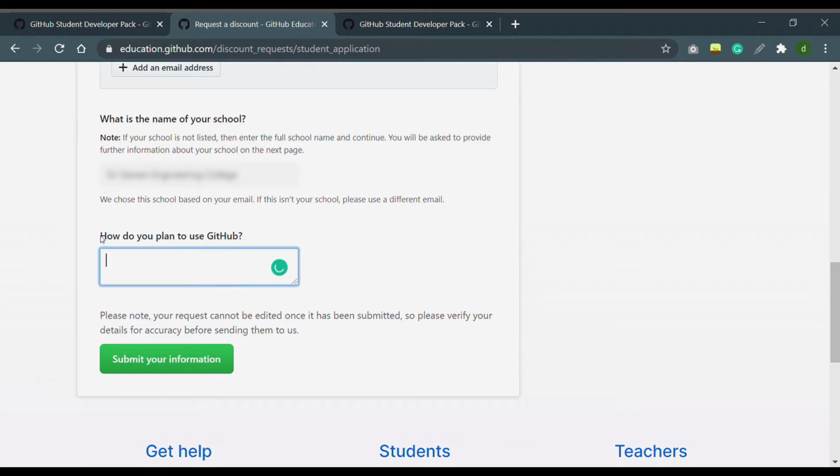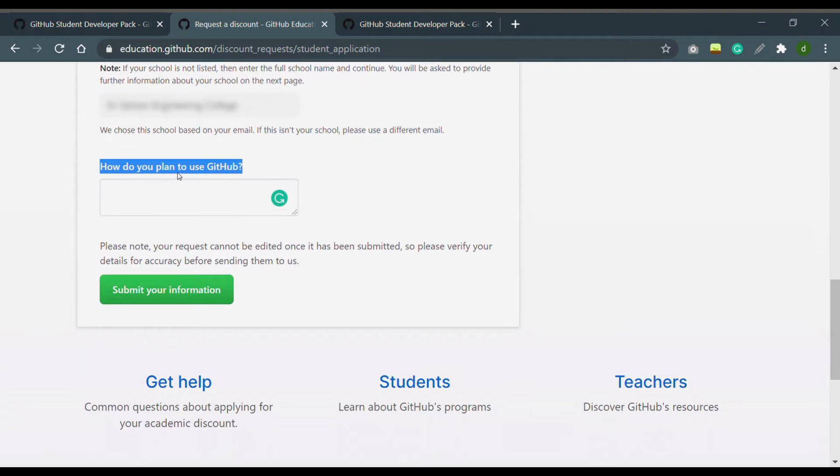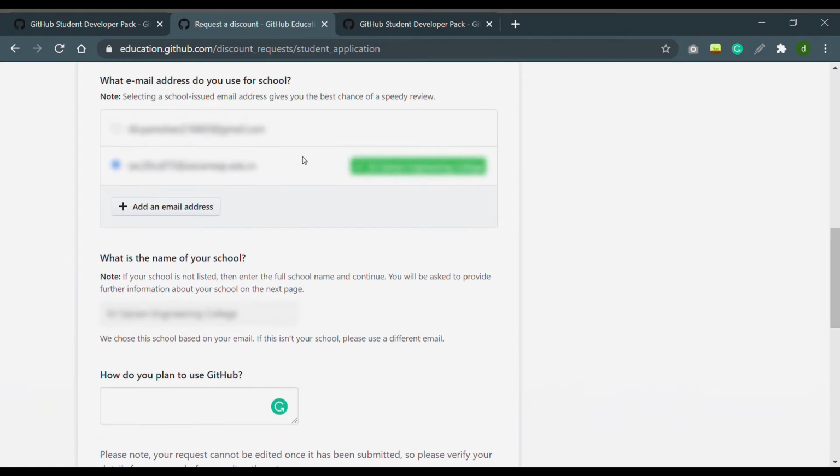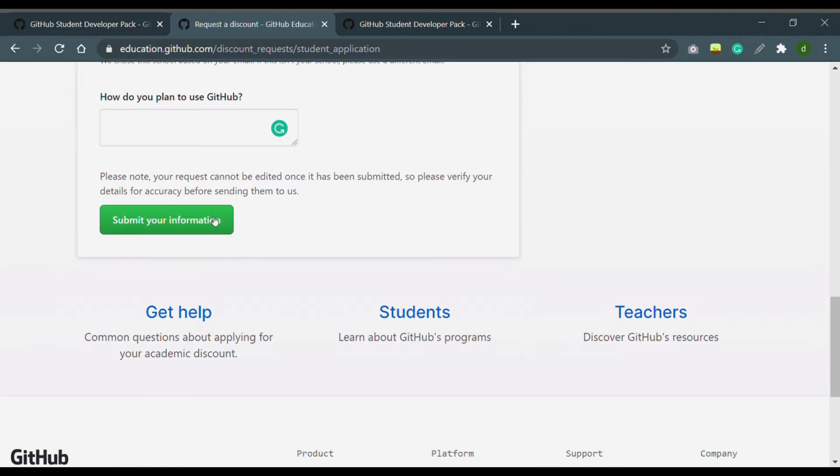Then you can fill in the third question, that is how do you plan to use GitHub. Make sure it is very precise. You have to verify all these because once you have submitted you cannot edit it. So check everything, your school name and your documents, and also how you're planning to use GitHub. Then you can click on submit your information.